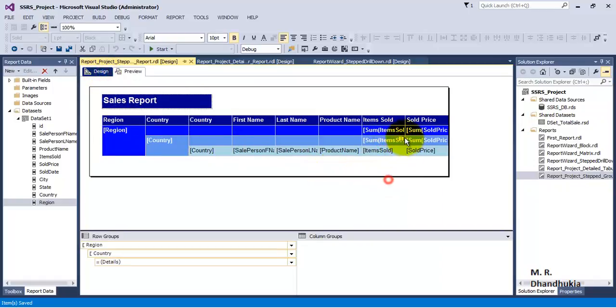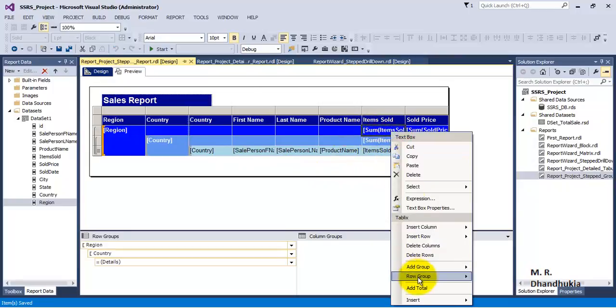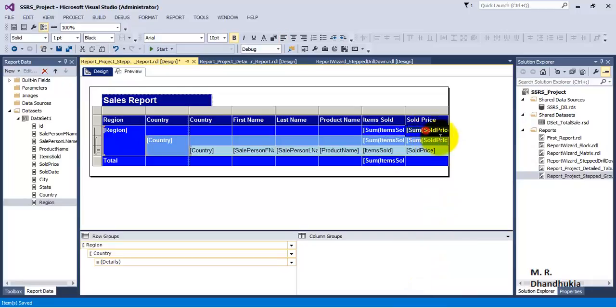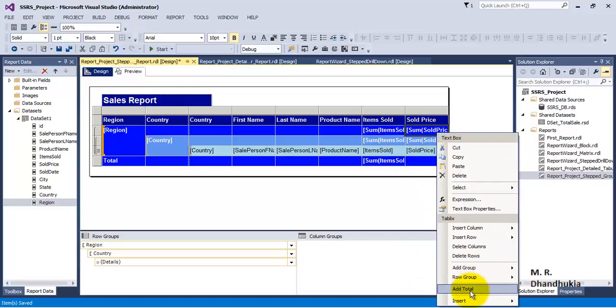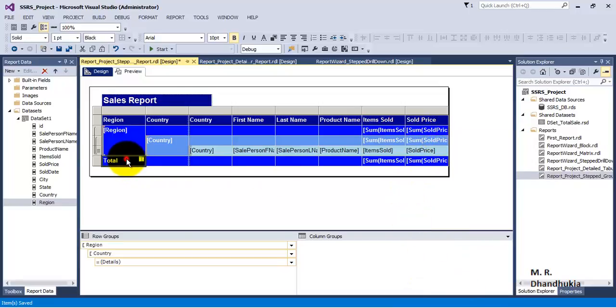So this is the region level total, so just select this total, add total, select this total, add total. Okay, let's call this as grand total, right, because this is the total for the whole report.